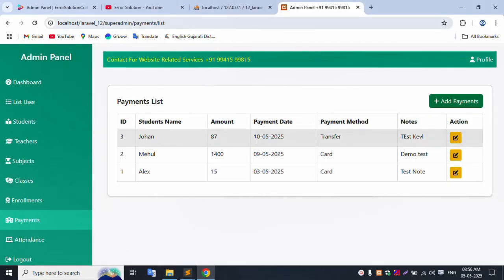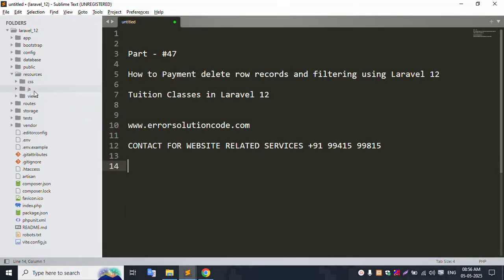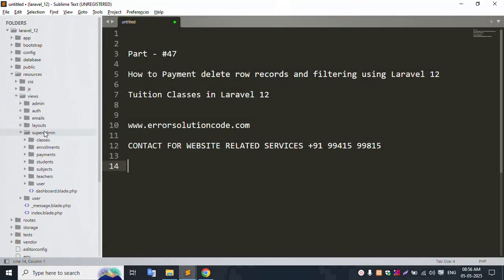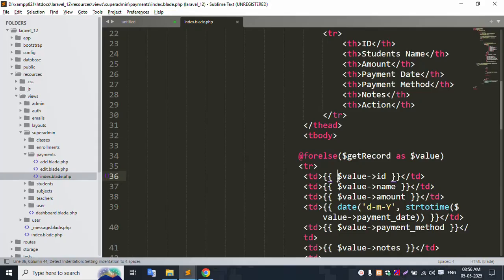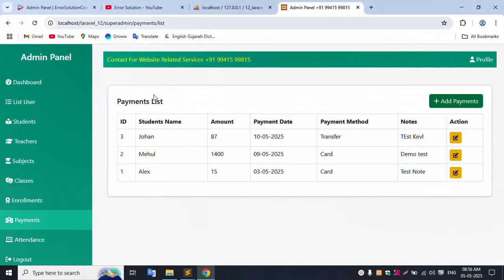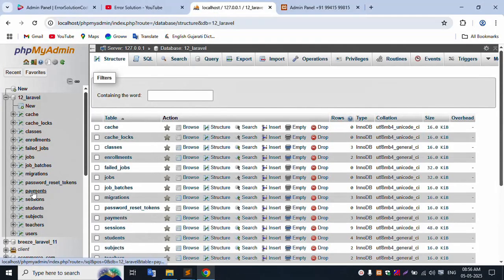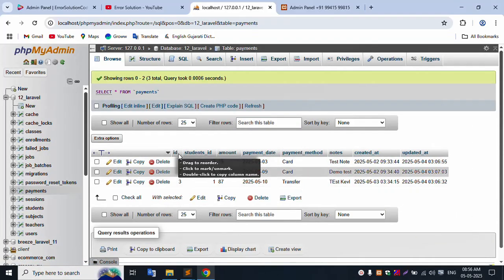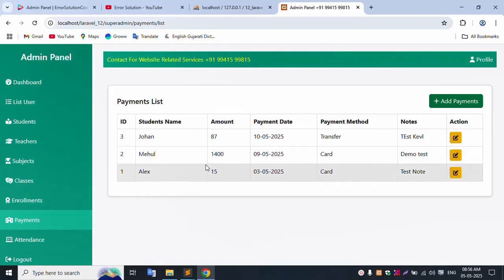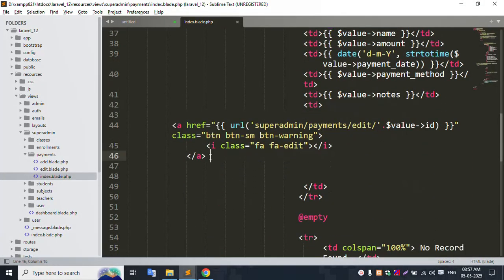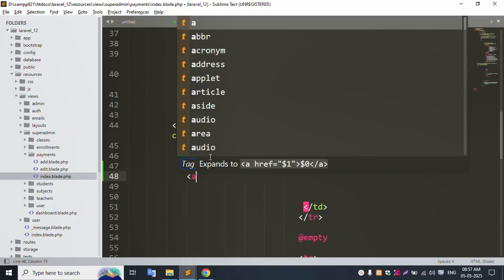First of all, the list file is open. This list file is shown in resources, view, super admin, payment, inside the index file. It is successfully shown, and the ID is available. This ID is available inside the payment table. The latest one is at the top. Now a new button is implemented with an a tag,